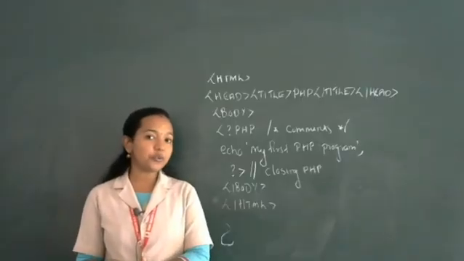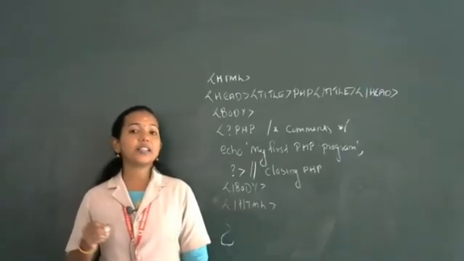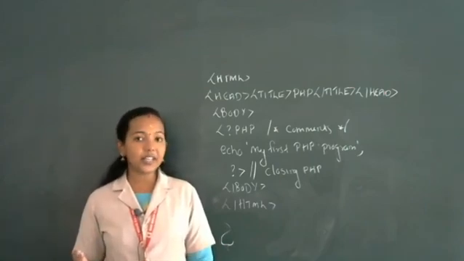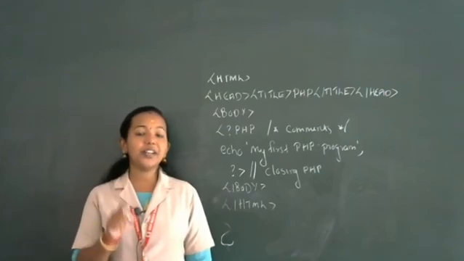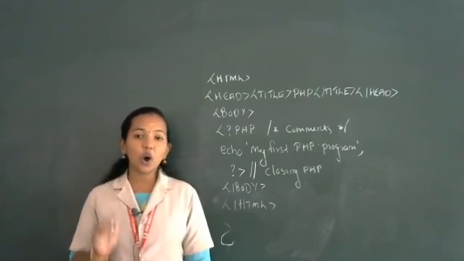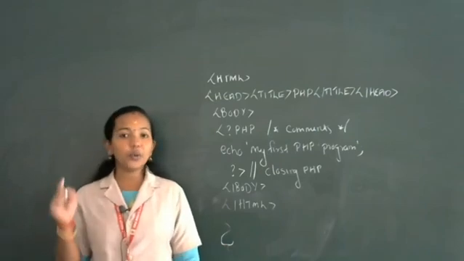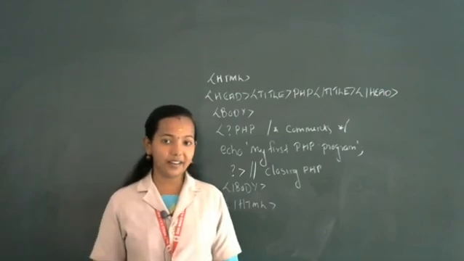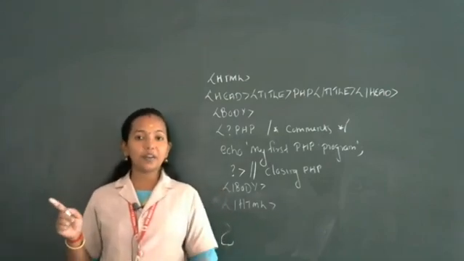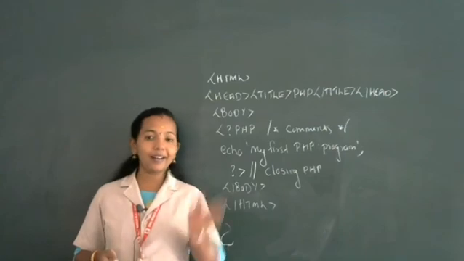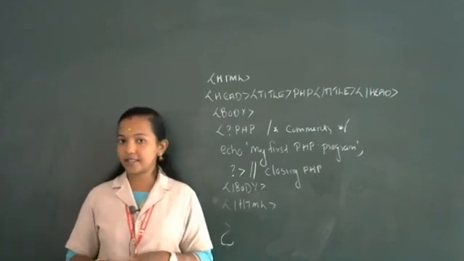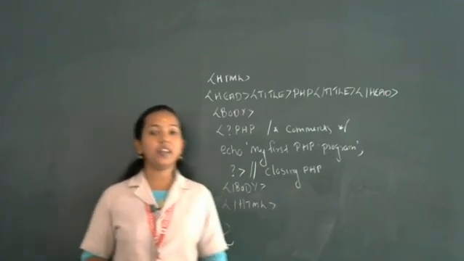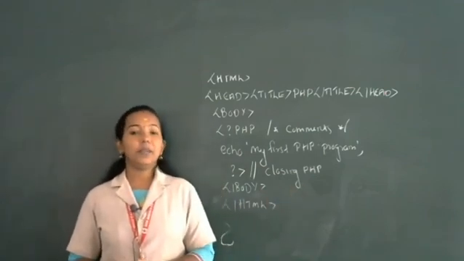Okay, so we know how to execute a PHP program. For executing a PHP program, we need a web server. So first we start the web server by typing http://localhost in the address bar. When you type it, automatically the web server will get started. After that, type the PHP program in any text editor software and save it with the .php extension. And after that, after localhost along with the PHP file name, we execute the PHP programs.